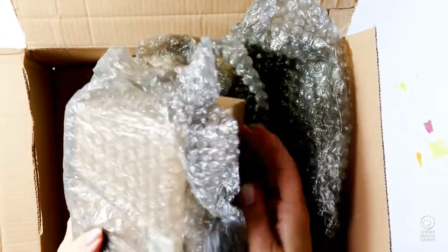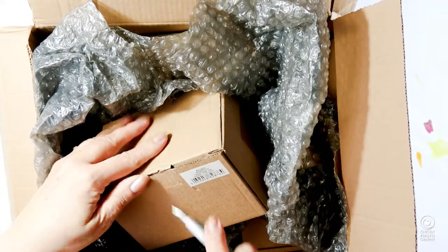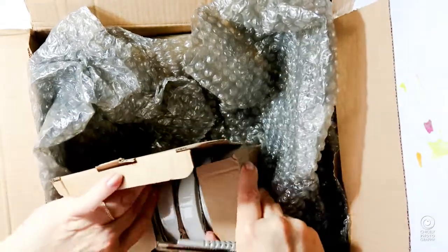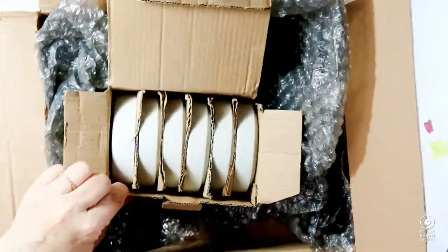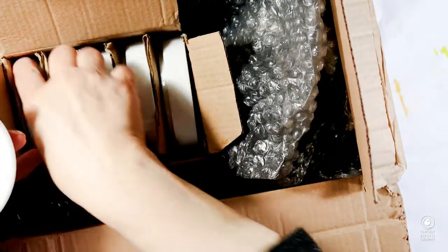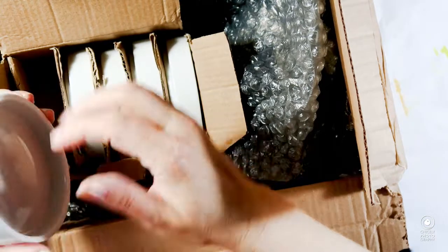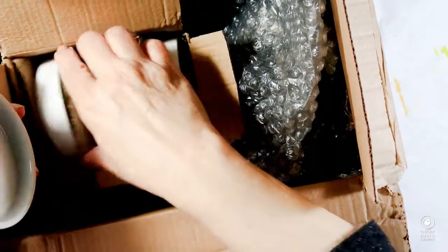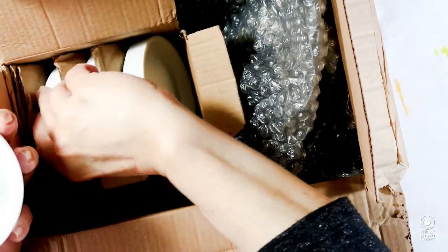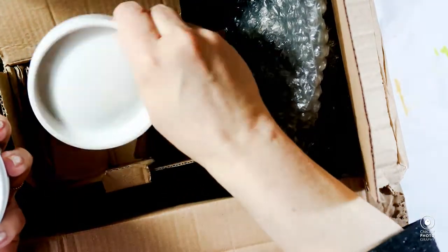is paint dishes. I have quite a few, or I have one set, I should say, and I think it's 5 or 6 altogether with the lid. And yeah, so it's 6 including the lid, and that's the lid. And yeah, seems fine. There's a bit of a rough edge on one of the dishes. They're all fine, and the box was not damaged anyway, so